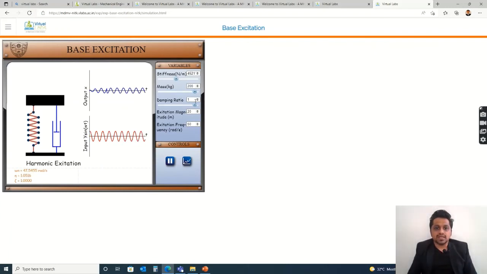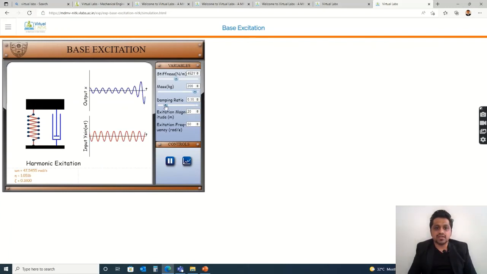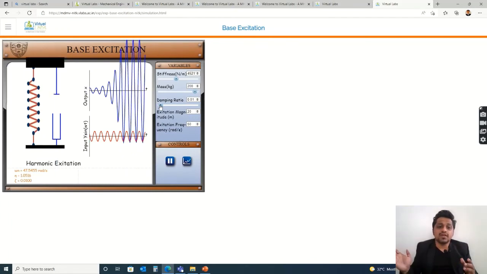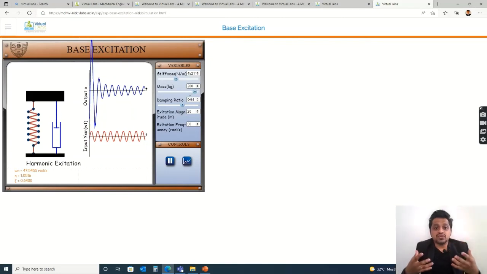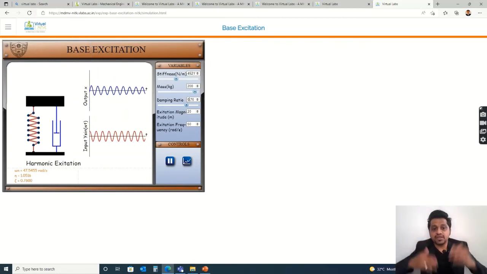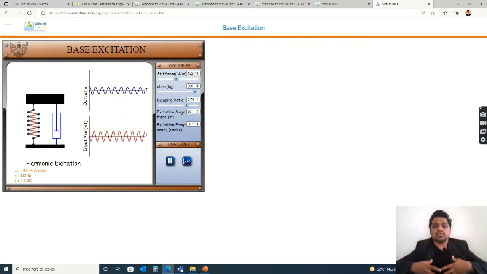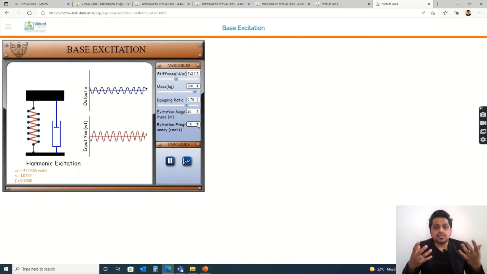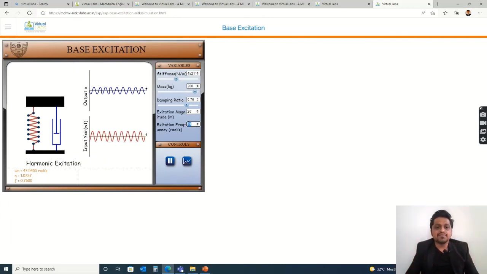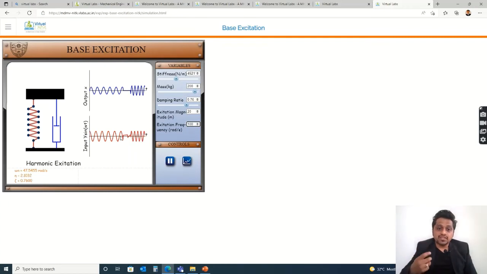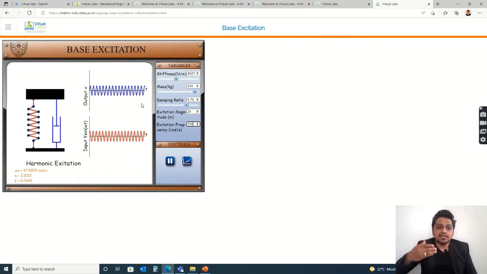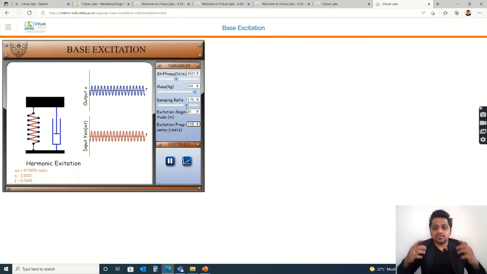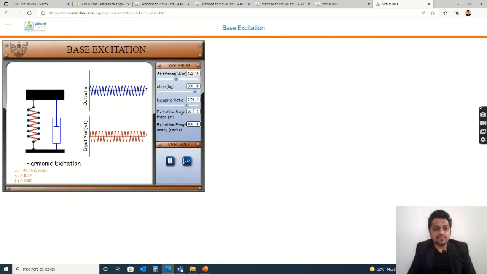Then we have the excitation magnitude, the damping ratio. If we have reduced the damping, you could see the amplitudes, right? So if there is no damping, what will happen? The system will vibrate with a huge amplitude, and there can be damage, right? Then the frequency, if the frequency of vibration is too high, you could see the output, right? So the system is vibrating at very high frequency. So you can read the graph,